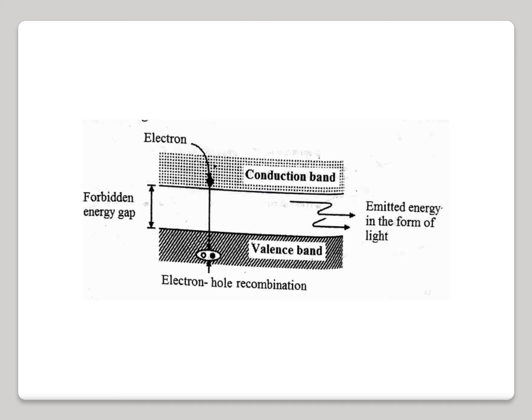Actually, this LED is also a p-n junction diode. If we are using a normal p-n junction diode, the energy emitted will be in the form of heat. But in case of LED, the type of material is chosen in such a way that the emitted rays will be photons. So in case of LED, we are choosing materials such as gallium arsenide phosphide, aluminum gallium arsenide, etc. So here the spontaneous emission will take place and light will be emitted from the LED.